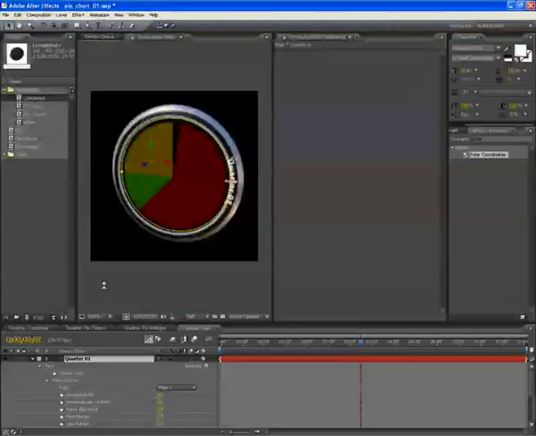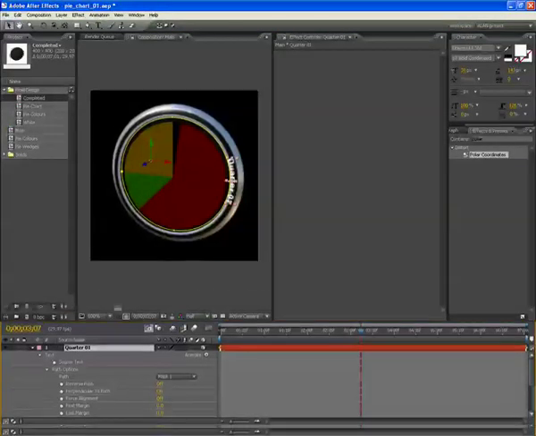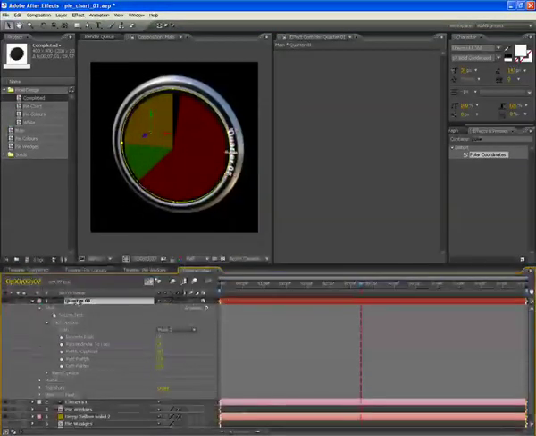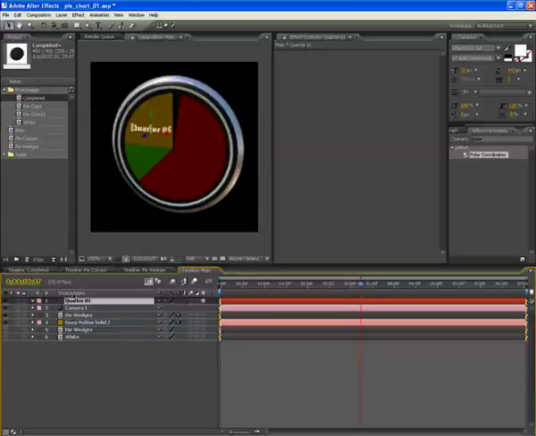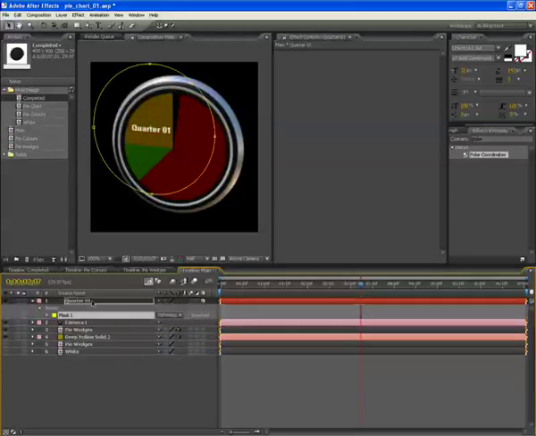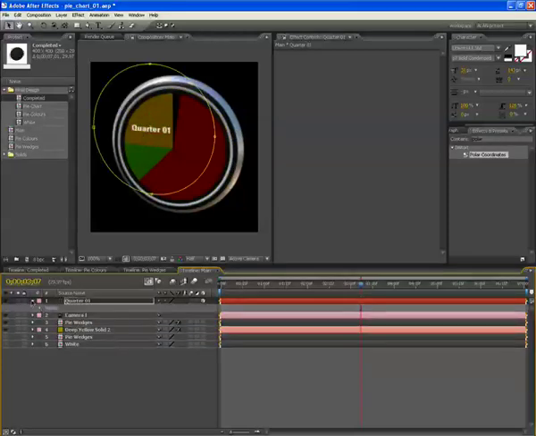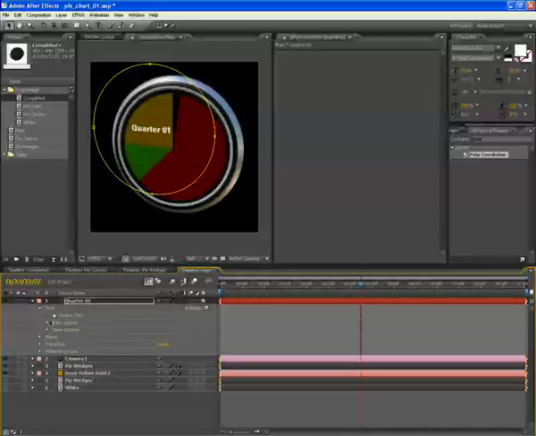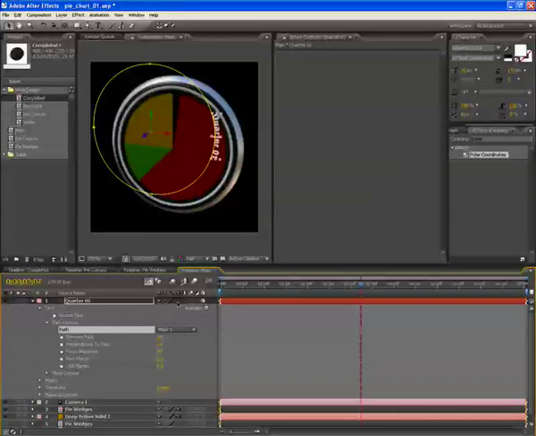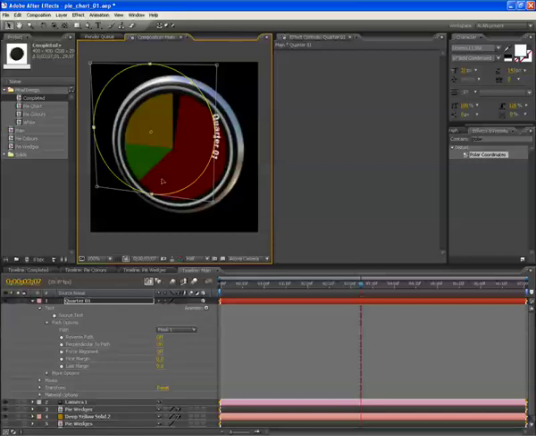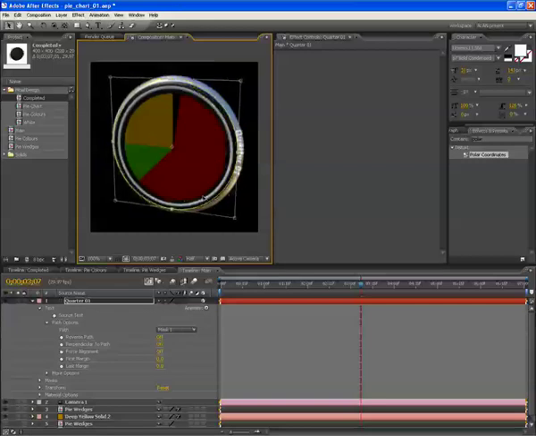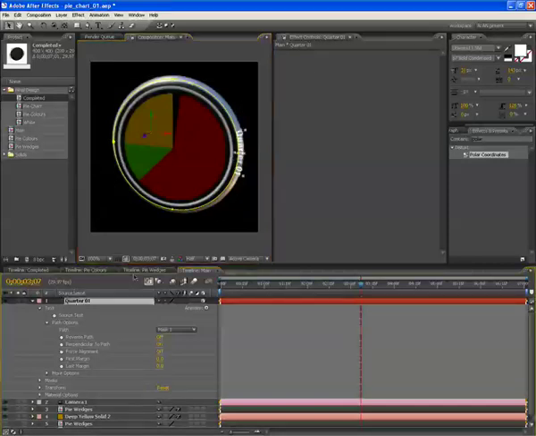Copy that, move back here, and let me just bring that up a little bit so I can see what's going on. Open up my mask, delete the one that's there, paste the other one, and then go through the same rigmarole here. Open up text, path options, choose mask number 1. Now, I made it a little bit bigger so that when we drag it over here, I probably could have made it even a little bit bigger still. But you can see that now it's going a little bit outside of your shape right there. So all you got to do there is